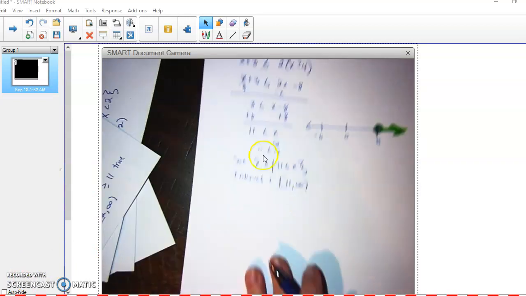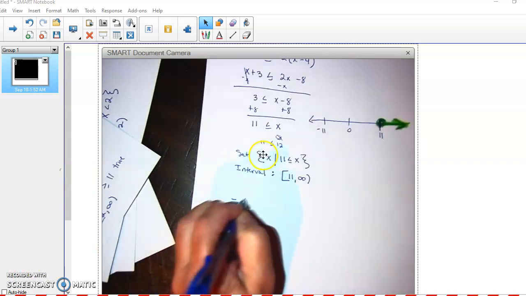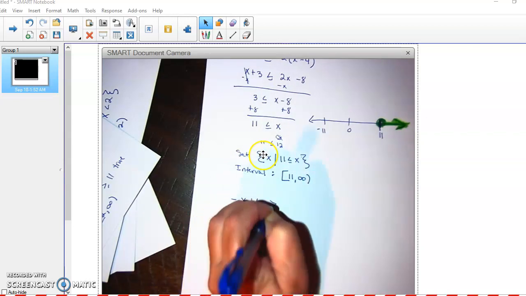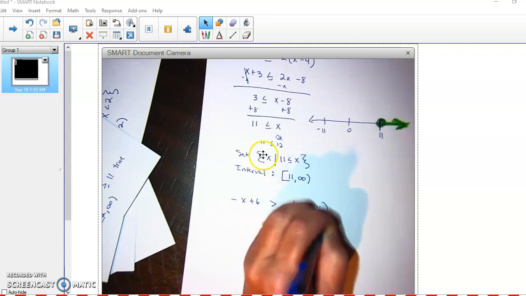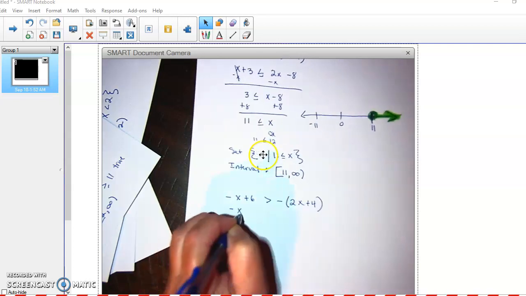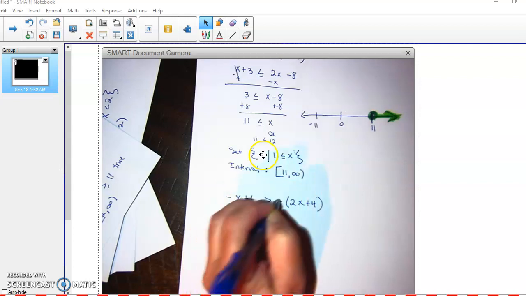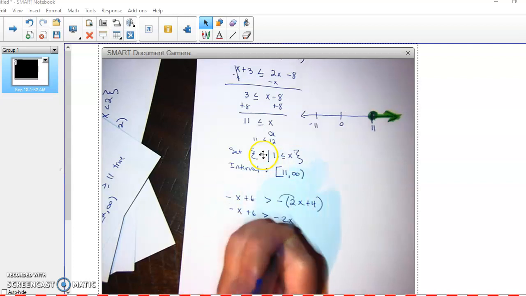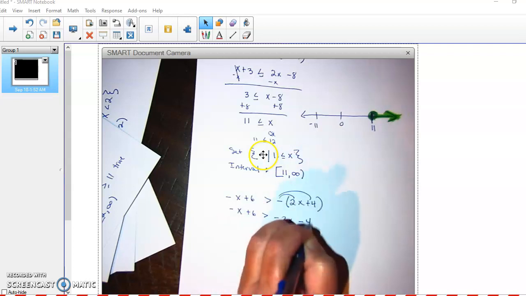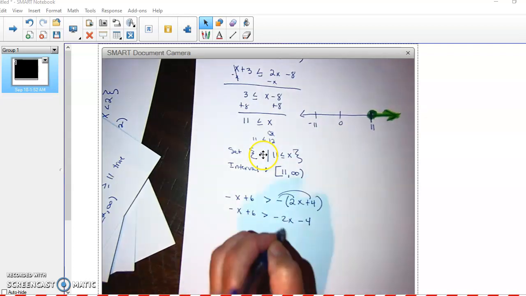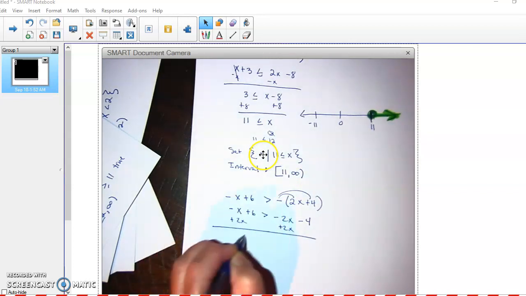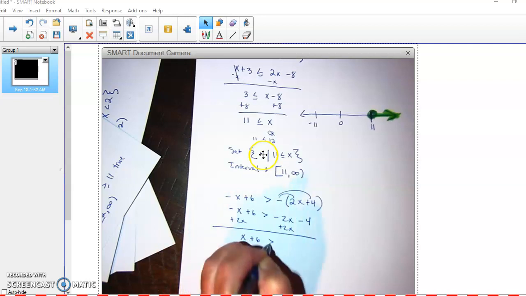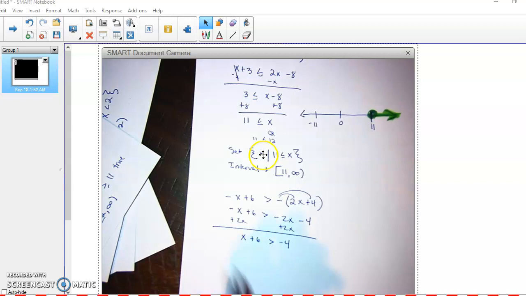Okay, one more problem. Negative x plus 6 is greater than, there's a negative sign on the outside, 2x plus 4. Okay? So we're going to have negative x plus 6 is greater than, distribute this negative sign, negative 2x, negative 4. Okay? Let's add this 2x to the other side, so we don't have a negative variable. That's going to give me x plus 6 is greater than negative 4. And don't forget, when you multiply or divide by a negative, I'm just reminding you, it's not in this one, but if you